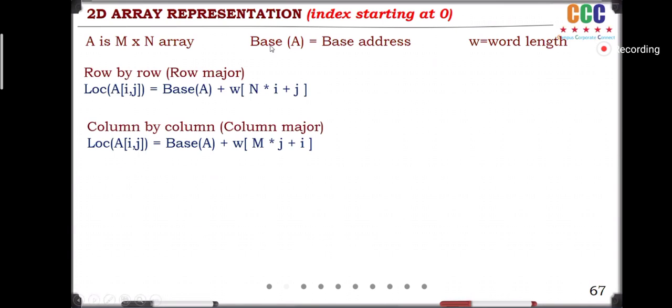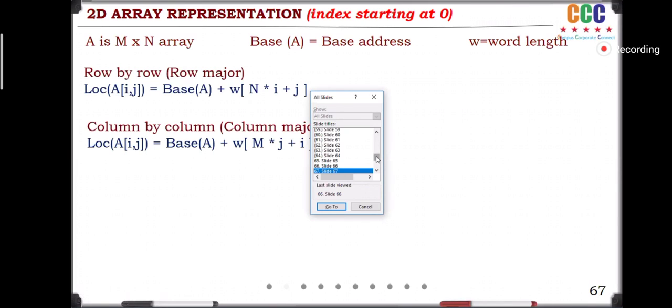I'll give you this as homework too, because you have 2 more days to work. A lot of homework, but really good homework. It will give a good insight. I strongly recommend doing all this. Take this and substitute some row and column number here. Take some base address like 100 or 20, whatever, and a valid word length like integer, 4. Then try to substitute those values here. Don't give values to i and j. Only substitute these values. You will come up with an equation, and there will be really good understanding there. So for now, I think it's